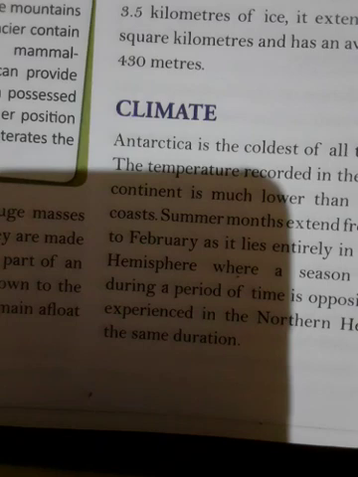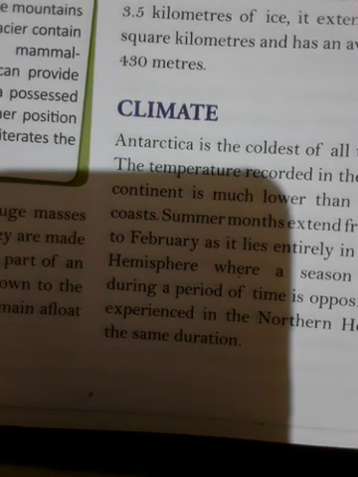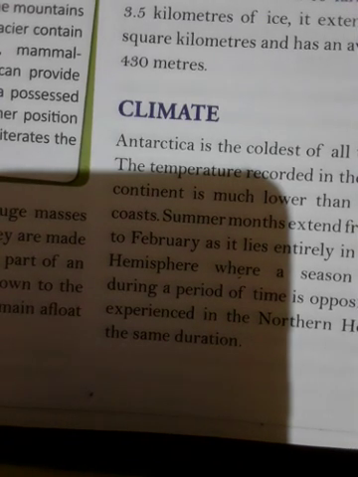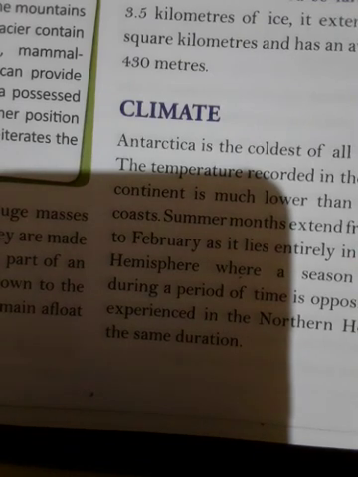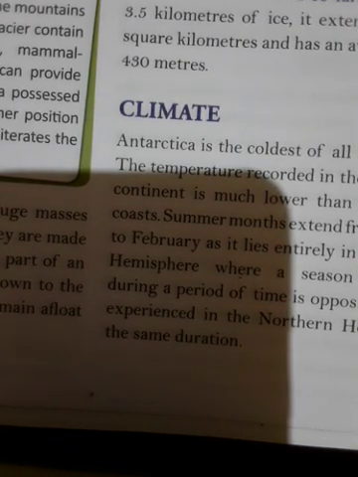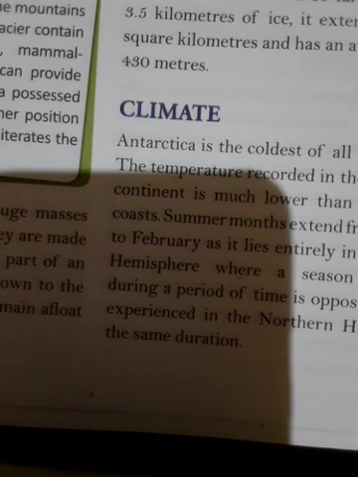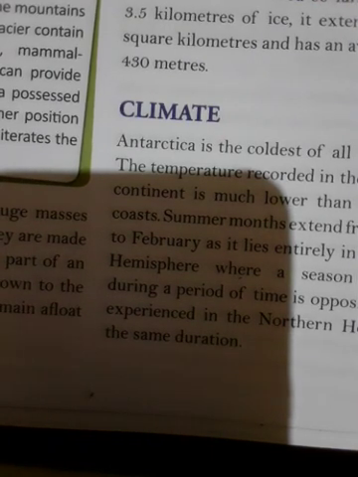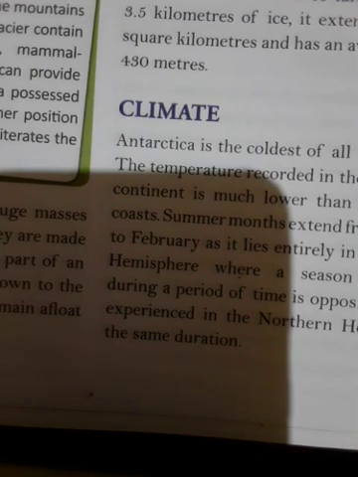Now Antarctica. What type of continent? It is a very cold continent. That means the continent of Antarctica always remains covered with snow and ice sheets, and for this reason there are no trees or bushes because the climatic conditions are too severe and do not support any vegetation. The only plants which can survive this extreme cold are lichens, mosses and algae.